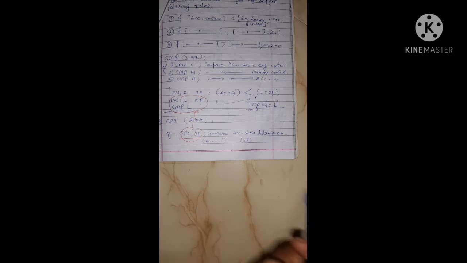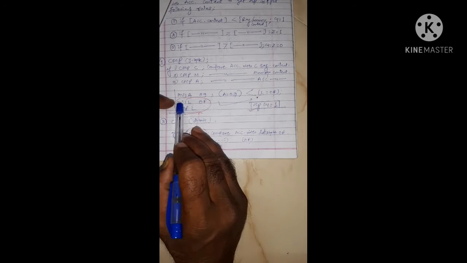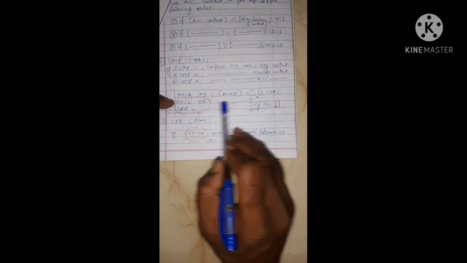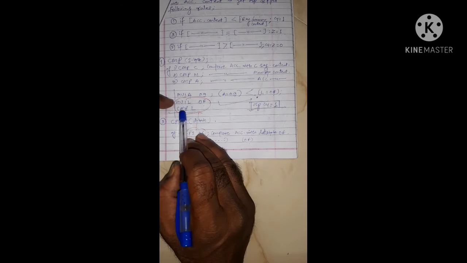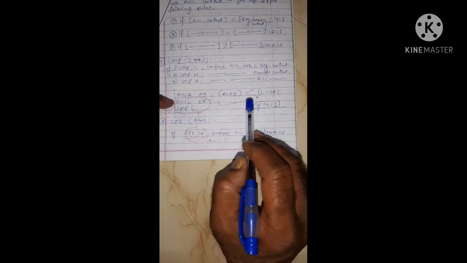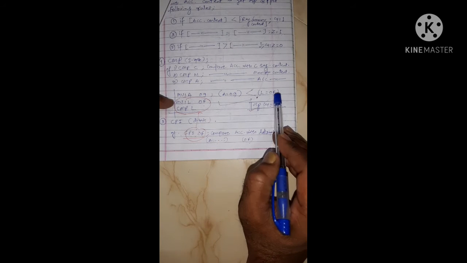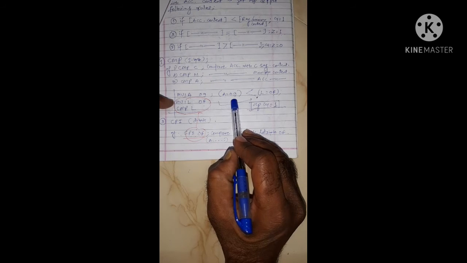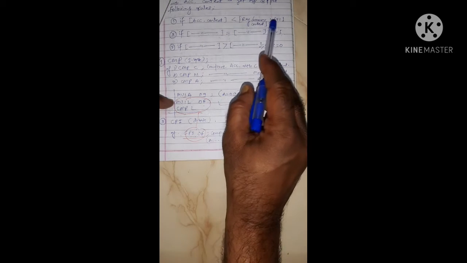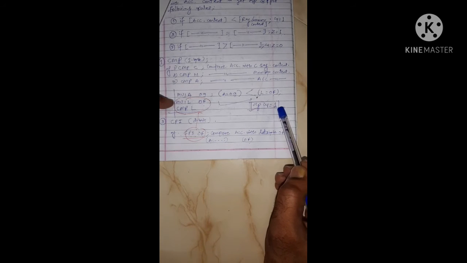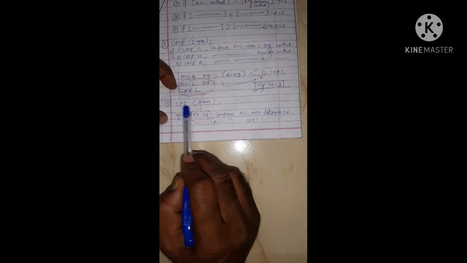Example, MVI A 09. This will load in accumulator 09. MVI L 0F, this will load in L register 0F data byte. After these two, if I write CMP L, comparison between A 09 and L 0F will be done. 0F is greater than 09, that's why this is the sign here. Therefore, output as per rule number 1, CY will be 1. Second instruction is CPI, that is a 2-byte instruction.